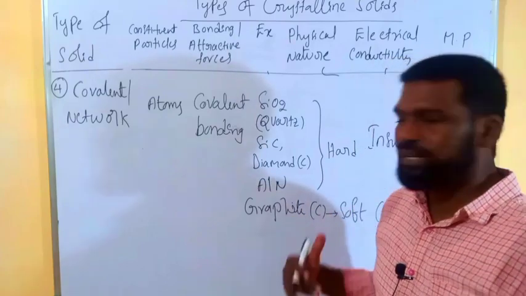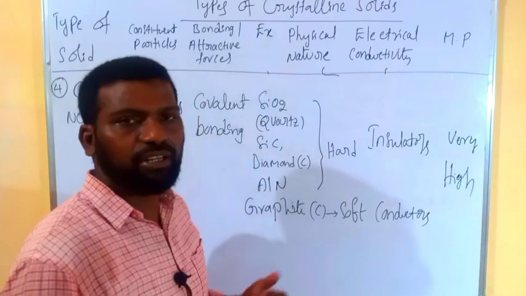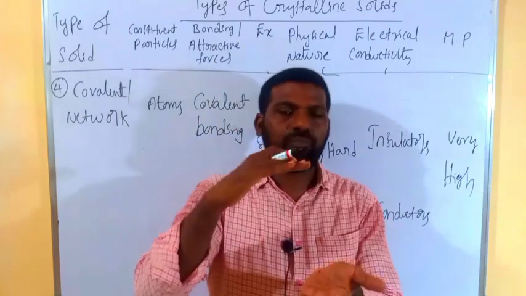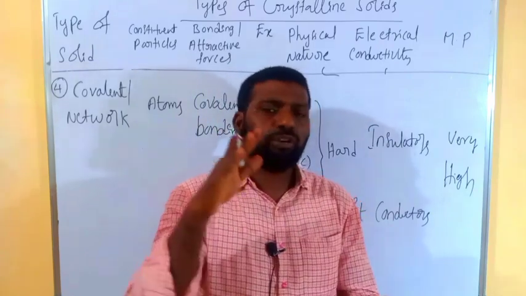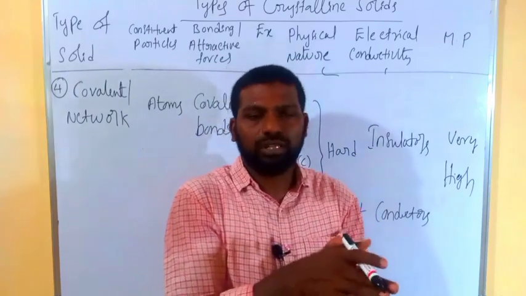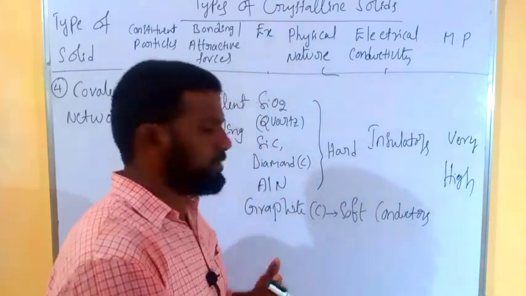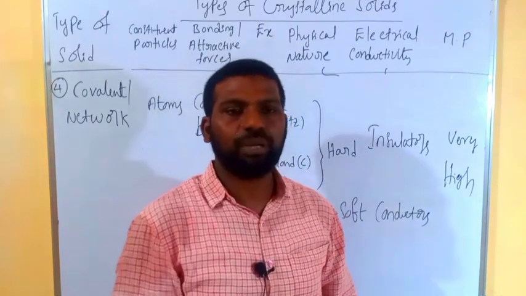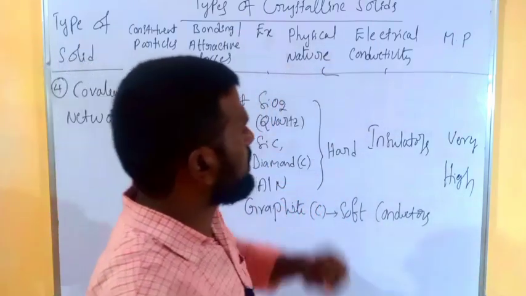The reason for this is its structure that you have studied in 11th class. What type of structure does graphite have? Graphite has a three-dimensional layer-like structure. There is a gap between one layer and another layer. Due to this gap, when we apply some pressure over the layers, these layers slide over one another. Due to this slippery nature, it is soft. So graphite is used in some lubricants. Graphite is used in pencil-like materials. We know that, right?